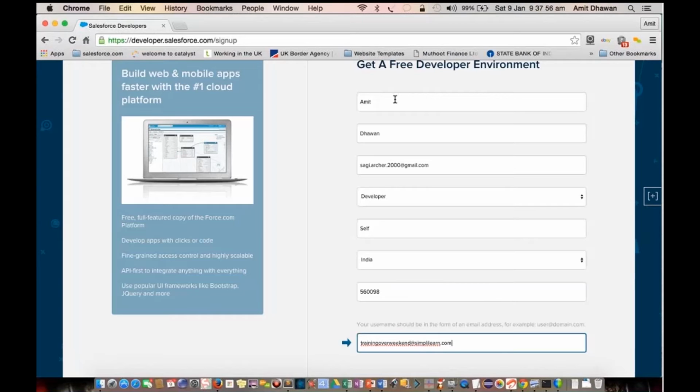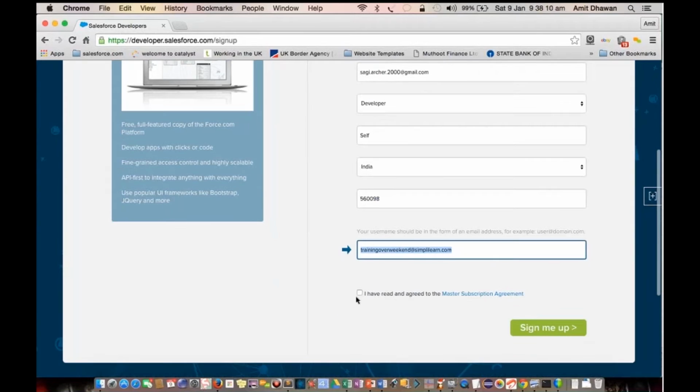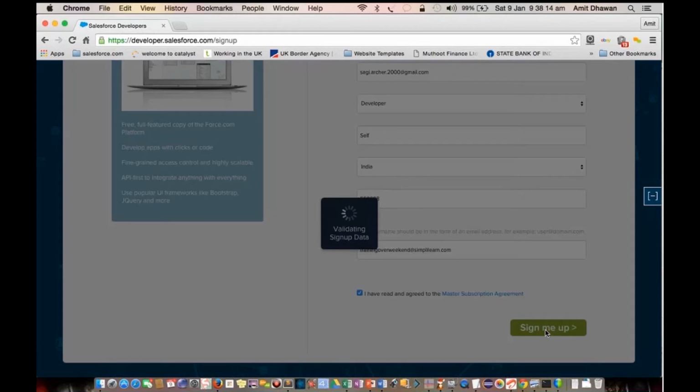All right, I'm already created with this email address, which is the reason I'm creating one with a unique username. It is in the form of an email address. It need not be a valid email address. It could be something other than what would exist as an email, but it has to have the format of an email. So once you sign this up,